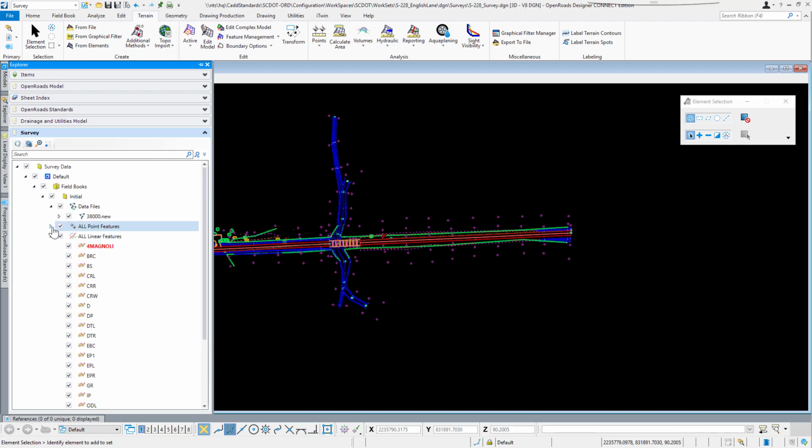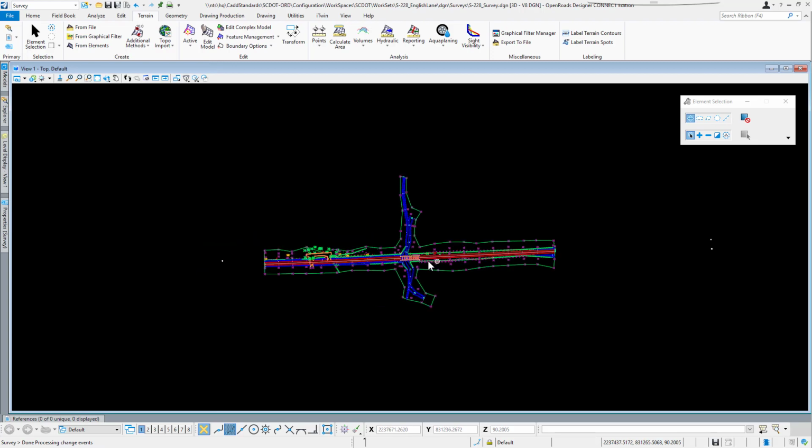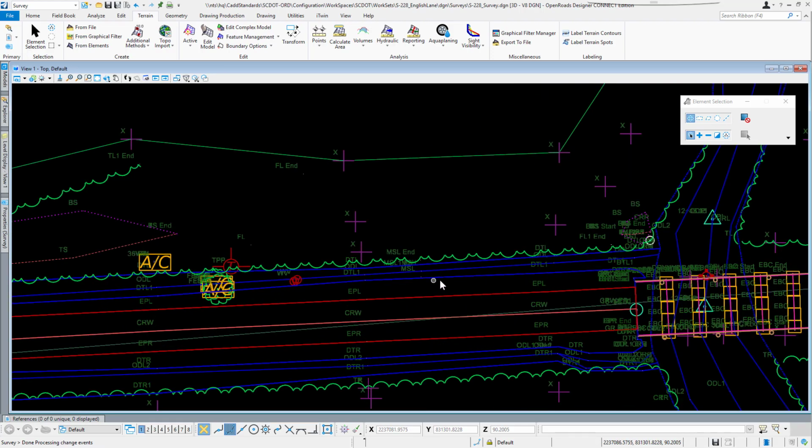We'll do this off the camera, but if it's red, that means we don't have a point name for that, so it looks like we'll have to correct our coordinate file a little bit before we move forward with this. But for now, I'll show you how to do the terrain. You just click on the field book, right click, and we want to create terrain model. It's the second option. I'll left click to choose that, and in our workspace we went ahead and defined